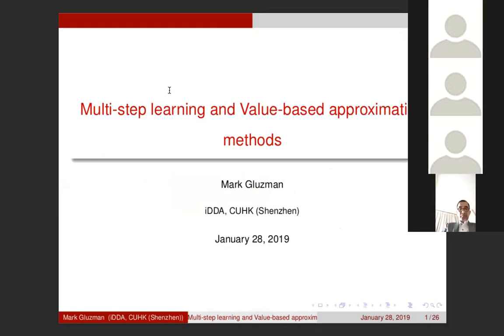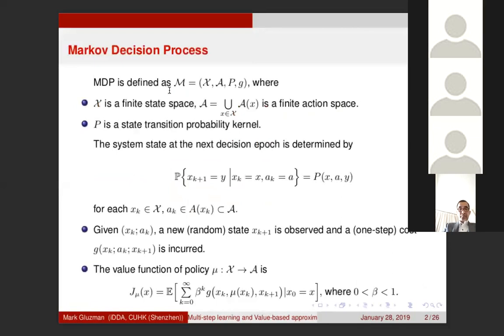So my name is Mark, and today I will discuss multi-step learning and value-based approximation methods. So let me remind you what Professor Dai presented last time. So basically, we consider Markov decision process